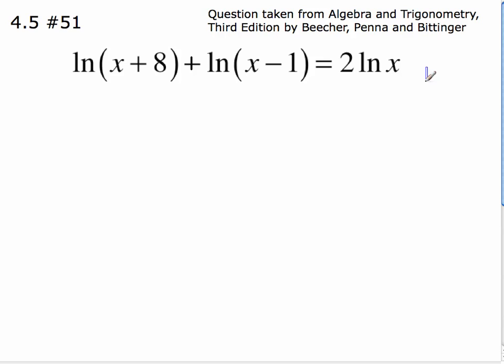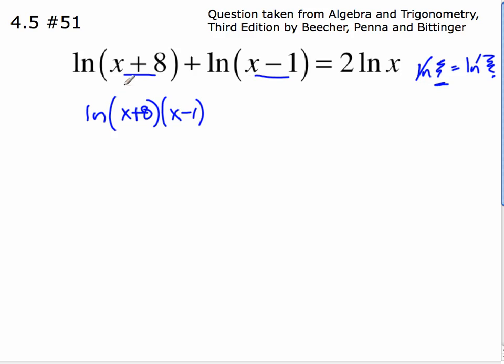And I know that I want to get it so that I have ln of something is equal to ln of something else. And then I can use that property of logarithmic equalities to drop the lns and just equate the other two. So on this side, I want to get these two together. Since there's an add there, I'll use the product law. So I can rewrite it as one logarithm, and I take the product of the two things that were underneath